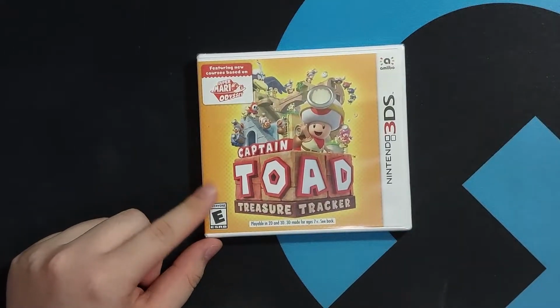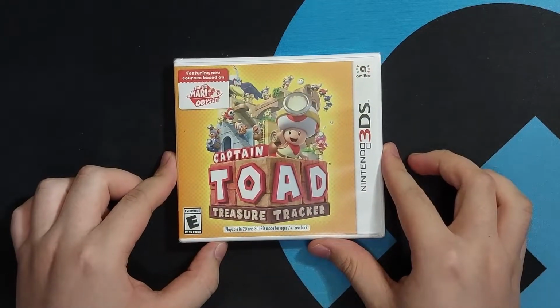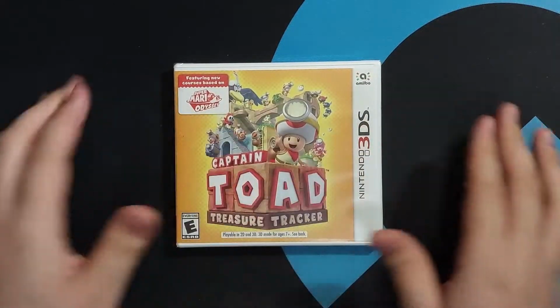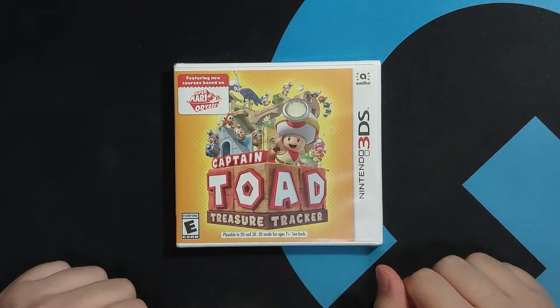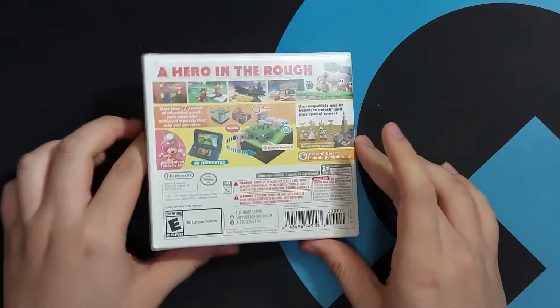Not a lot of people talk about this port, even though theoretically it is the one. When the team at Nintendo were planning to remake this game or port it, they were planning to just do it for the 3DS first because of the 3D effect and all that. And then later on, the Switch came out, and they said, let's put it on the Switch as well. So that one became the popular version, and this one just kind of got forgotten, which is a shame because